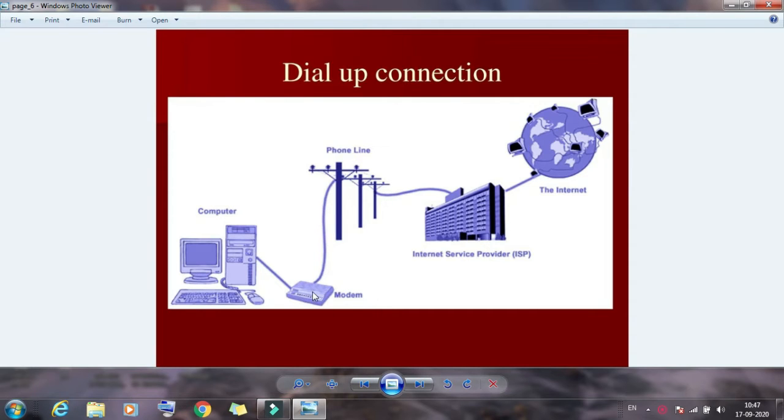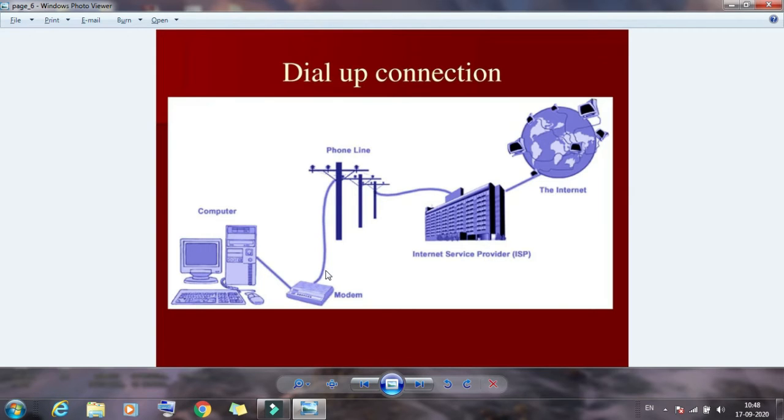So the digital signal sends the message via the phone line, and this phone line has carried the message to the ISP server. This is the ISP server, and this ISP server sends the message to the internet or satellite. After that, it fetches the result from the satellite and then resends the message or information, carrying it back through this phone line to the modem.